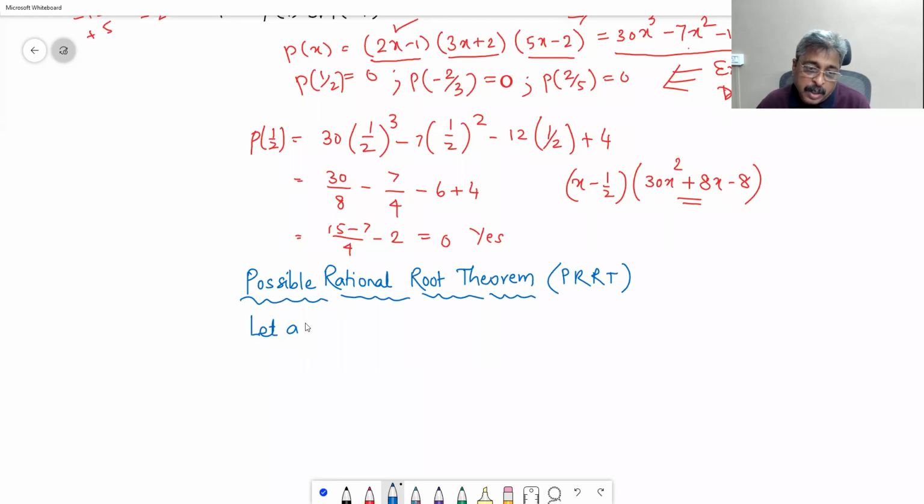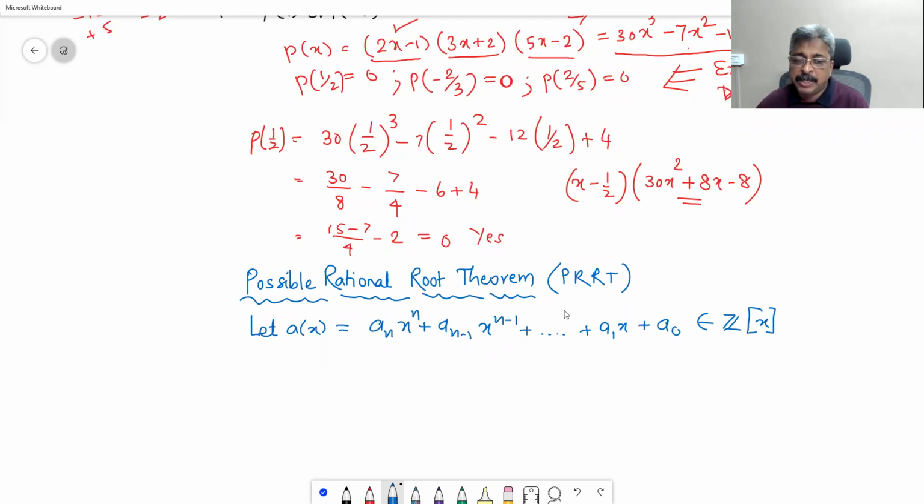Let a of x is equal to a_n x raised to n plus a_{n-1} x raised to n minus 1 and so on. Normally we write a of x belongs to R of x, now I am writing a of x belongs to integers of x. So all the coefficients a0, a1, up to a_n are integers, n greater than or equal to 1. Okay. Let h comma k belong to Z be such that